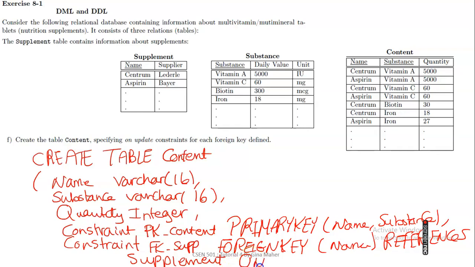on update cascade. Okay, and we can do the same thing for substance. Constraint foreign key substance, for example, foreign key substance references substance on update cascade. Okay,